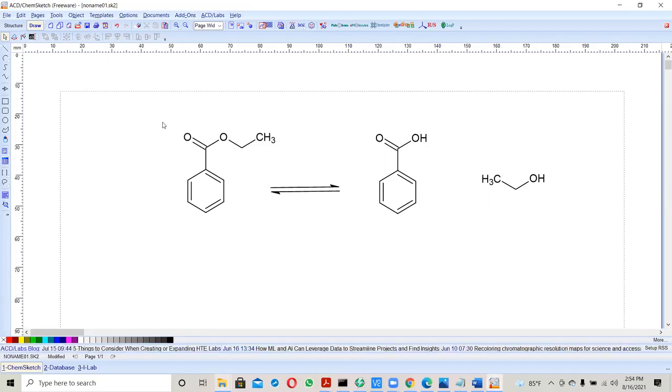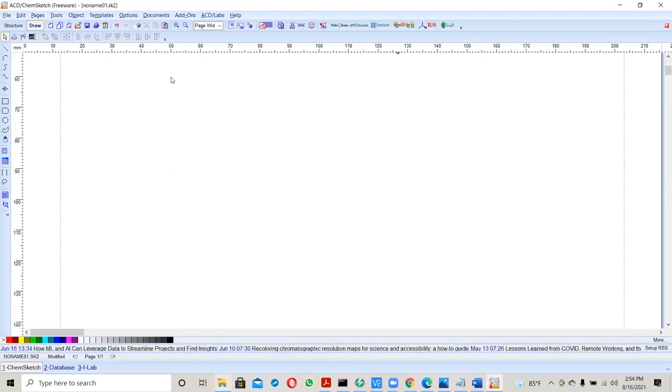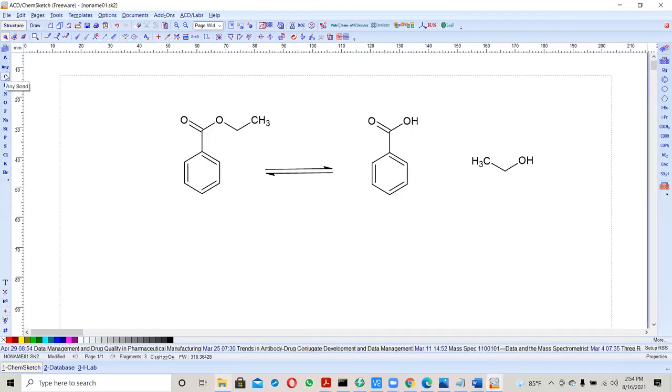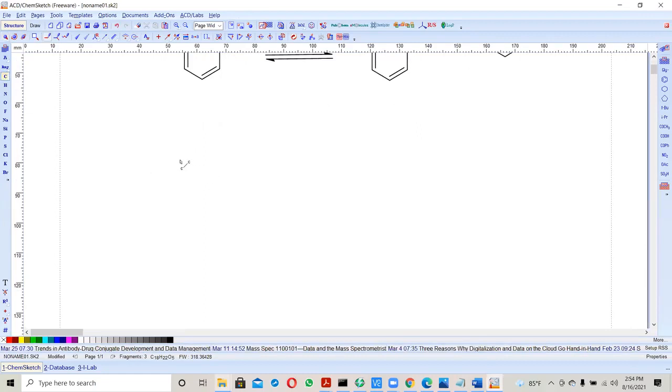Another thing you can do is name the structures, if you don't know the name and it is quite a complex compound. We can try it with a simple compound. For example, we can start drawing something like this: CH3. If you click on this carbon and drag it like this,